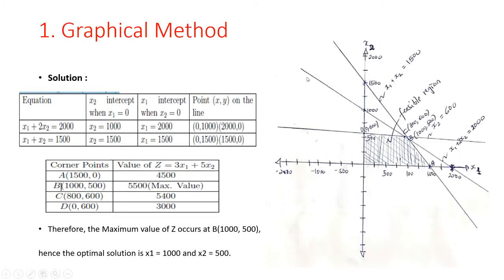So this is our straight line, through 1000 and 2000. This is the equation x1 plus 2x2 equal to 2000. For the second equation, x is 0 and y is 1500. So this is our y, 1500. And for the second point, 1500 is our x, comma, y is 0. So this is y, 1500, and this is our x, 1500. This is our second equation, another straight line, x1 plus x2 equal to 1500.